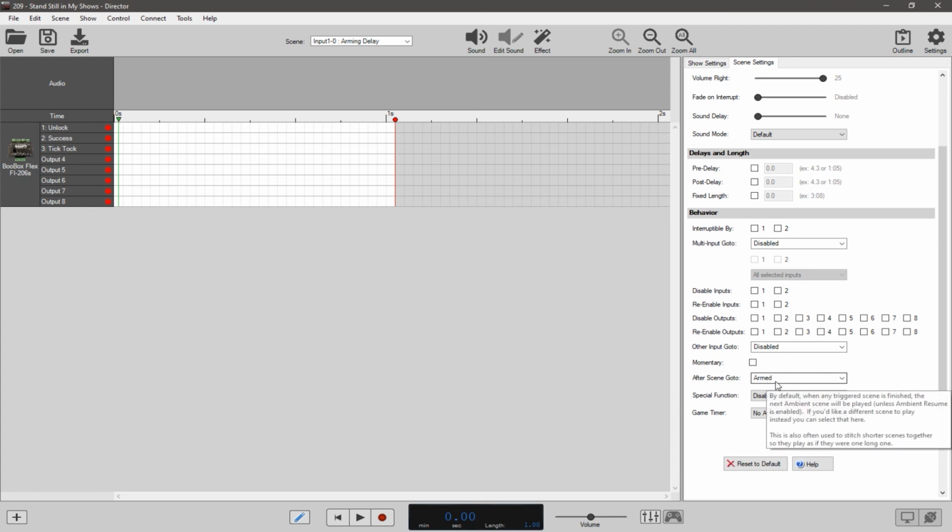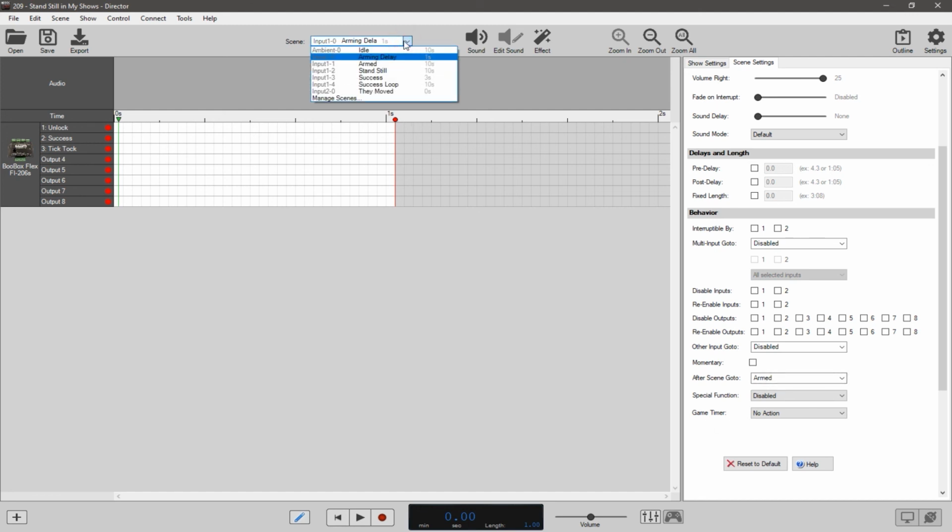Because you'll notice the next scene it goes to is armed. Okay, so let's say you need to hit a button and it takes you, I don't know, 10 seconds to walk out of the room. I don't know why it would, but you would take this to be like 15 seconds, or you have to lock something after resetting. Anyway, regardless, this can be adjusted to how long you need it to,